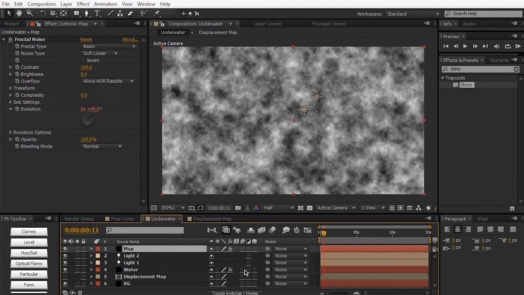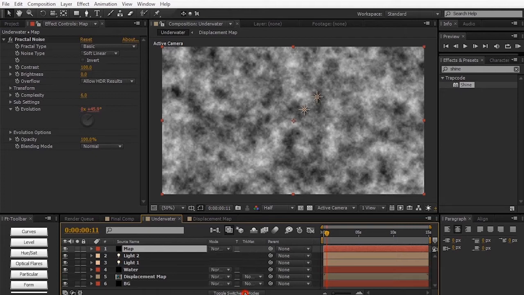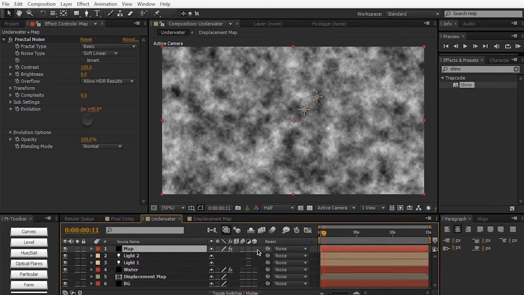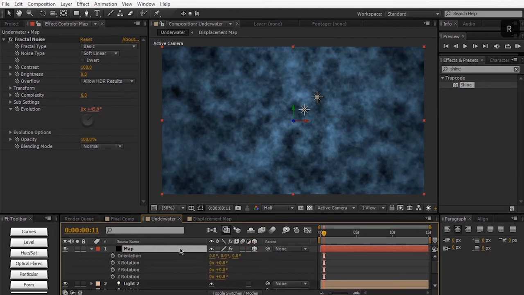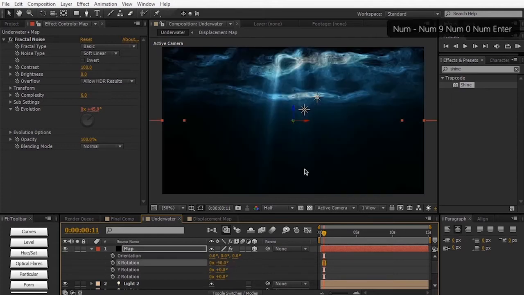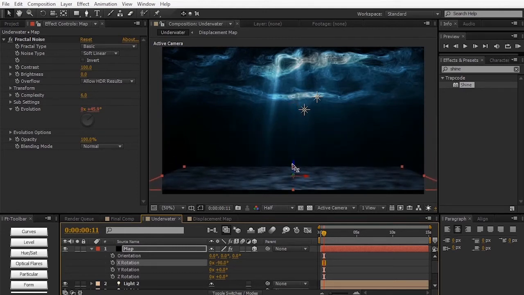We're going to make this thing a 3D layer, so go ahead and toggle your switches until you see the 3D cube, make it a 3D layer, and we're going to hit R on the keyboard to bring up the rotation, and just like the water, we're going to set the X rotation to -90 degrees, which is going to flip it horizontally. And then we're going to push down the floor layer on the Z space to kind of just bring it down here,